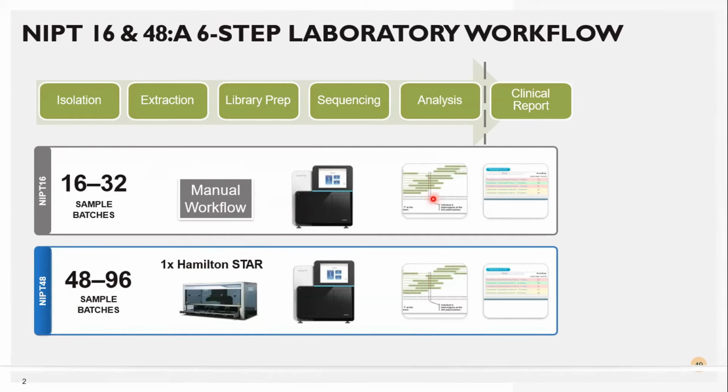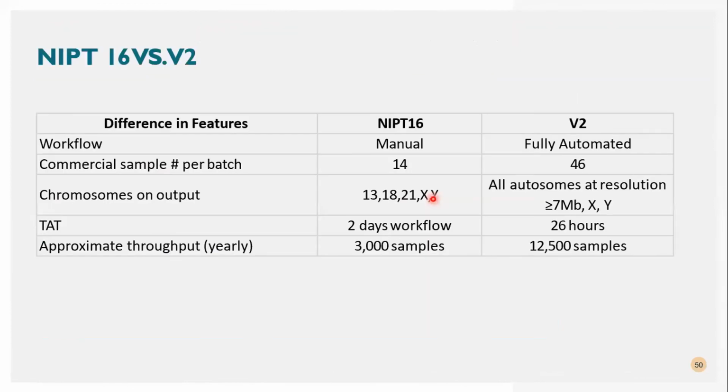So what do we get out of these two approaches? The manual approach's chromosomal output covers 5 important chromosomal disorders. It's mainly targeted sequencing for chromosomes 13, 18, 21, and the sex chromosomes. And v2 is more of a whole genome approach, where you sequence the entire human genome and then find out if there are trisomies or any deletions or any kind of issues with the growing fetus.